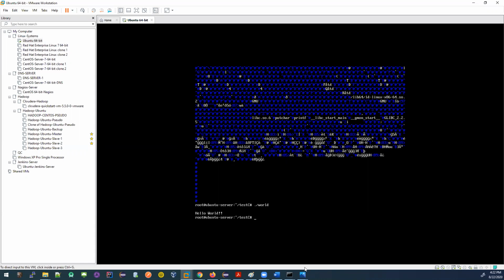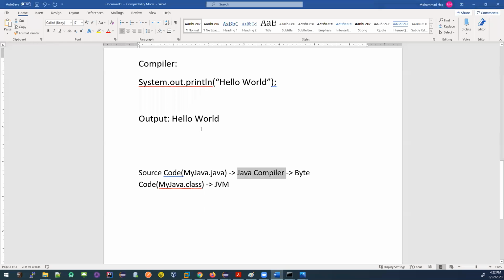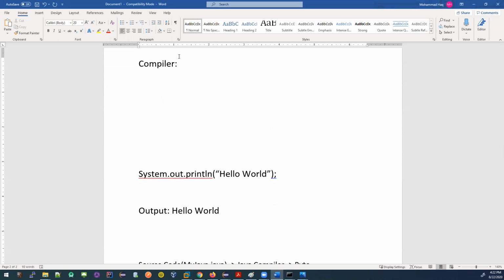So if I write it down, what can a compiler do? A compiler can take the instruction written in some